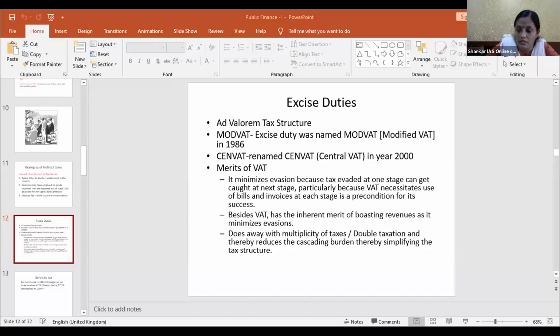Okay, so that's the story of the value-added taxation. We have also told about the merits of the VAT. The state governments initially had the apprehension whether this value-added taxation would result in loss of revenue, but slowly they understood that it was actually collecting more revenue than the sales tax regime. And by 2007, everybody started